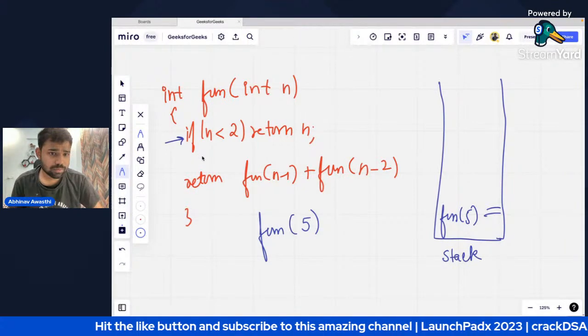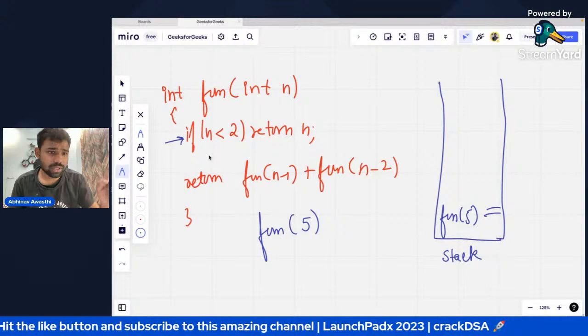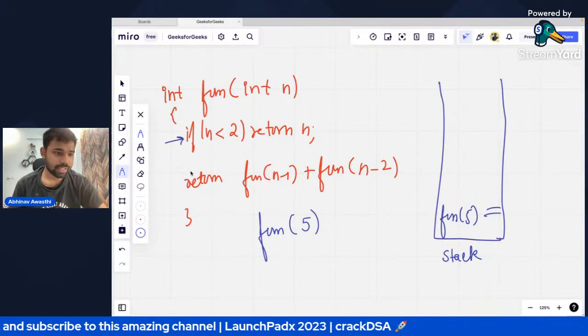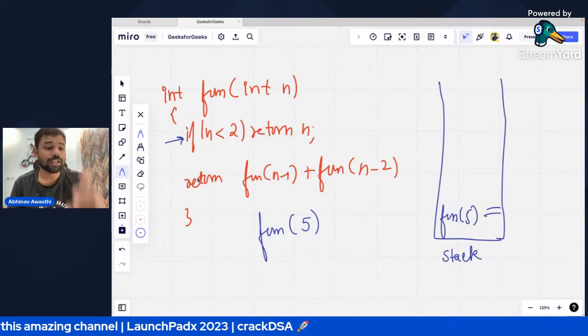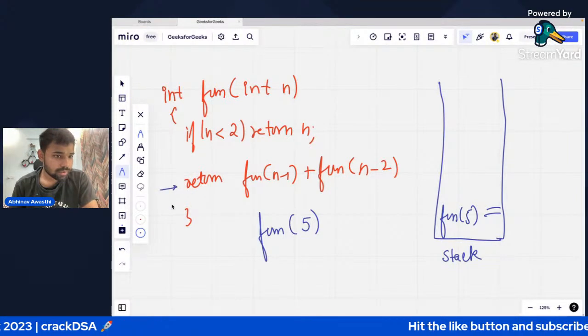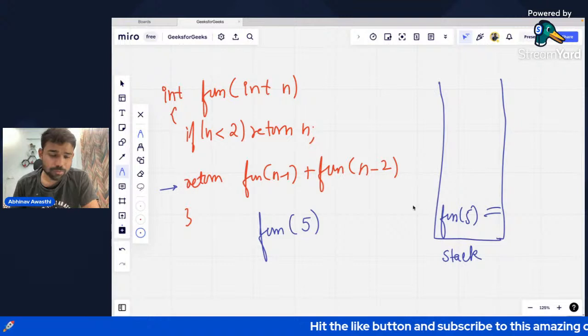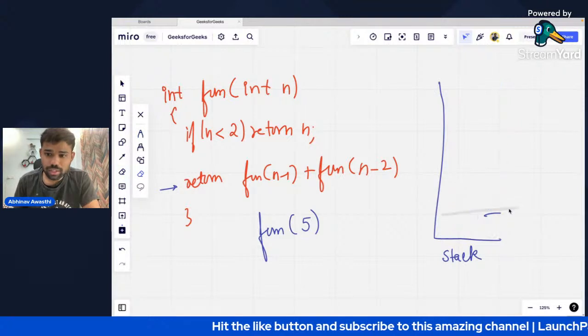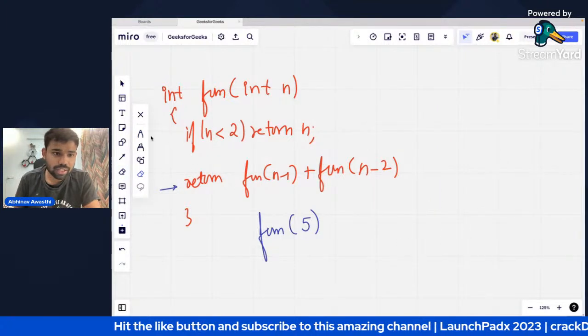It will be here. Will this condition be true? क्या ये condition true होगी? नहीं. This will not be true because n is 5. n क्या है? 5 है. ठीक है? अब नीचे गया. तो क्या करेगा? Function of 5, what will it do? I will do it like this.